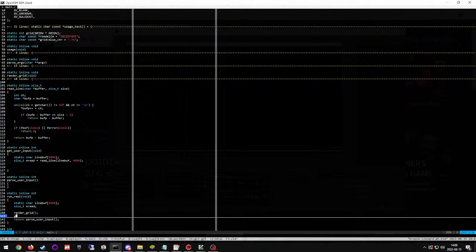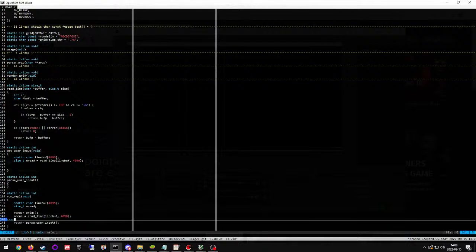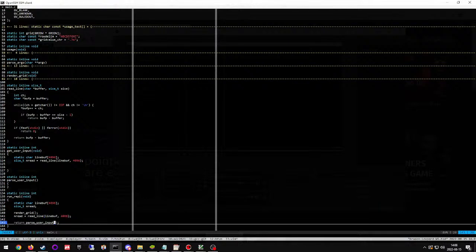So instead of get user input, we're just going to do nread equals read_line from line_buff, using that line_buff as the buffer, and 4096 is our limit. And then we return parse user input, and we have our input, so it is line_buff and